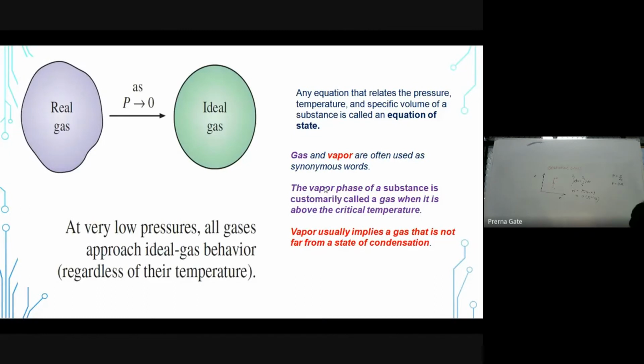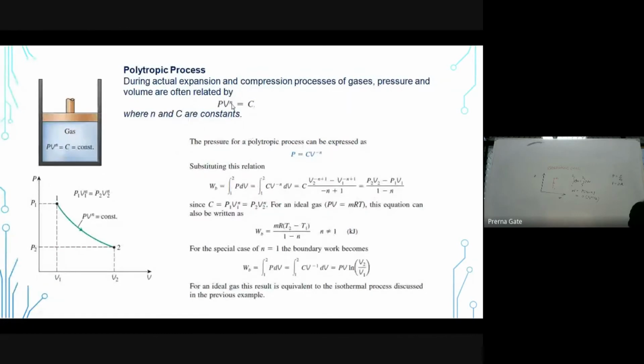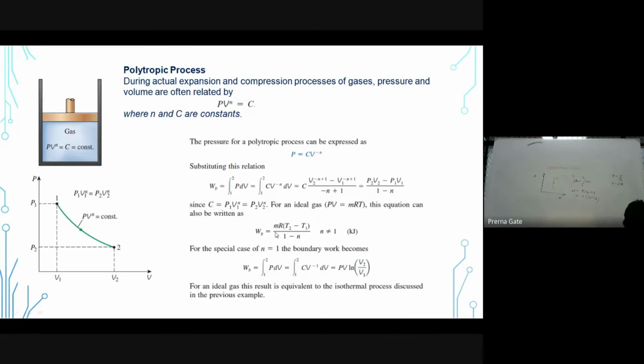Now, till now we have discussed isochoric, isobaric, isothermal, and polytropic processes, and we have missed the adiabatic process. An adiabatic process is a process in which the heat content of the system remains constant. There will be no heat interaction. So in place of n here, you have to put gamma, and you can calculate the work done. It comes out to be mR(T2 - T1)/(1 - gamma).